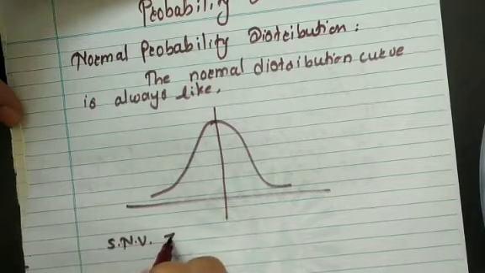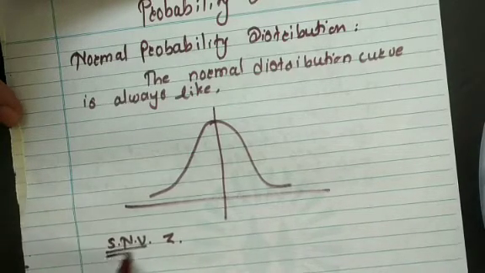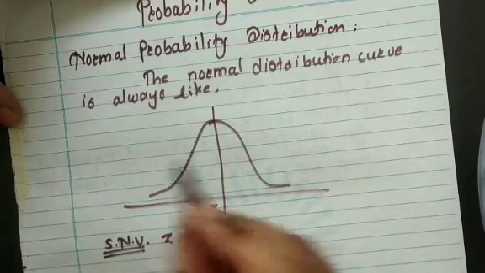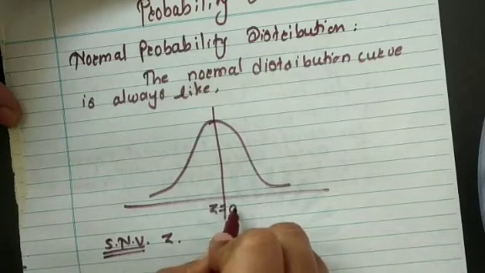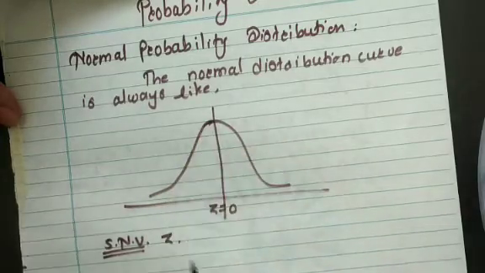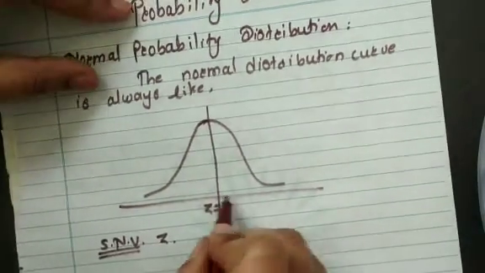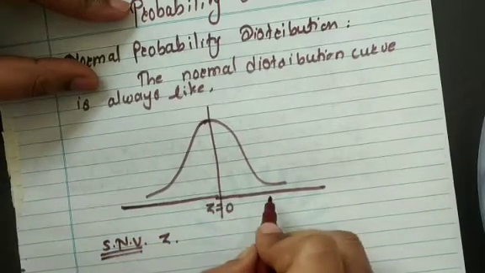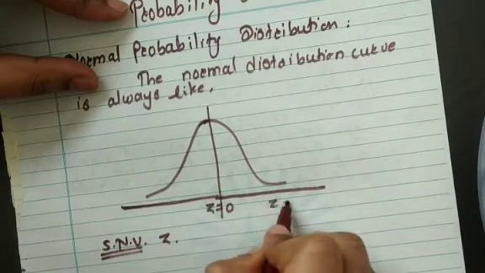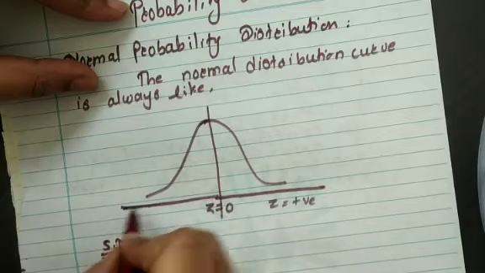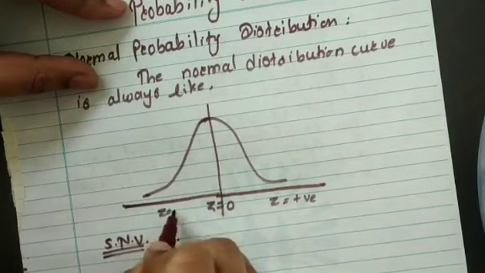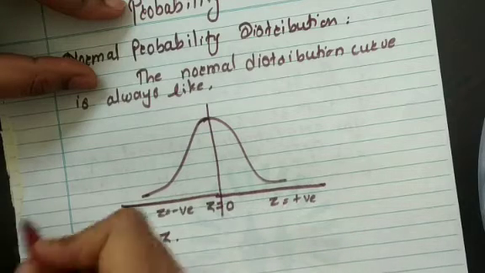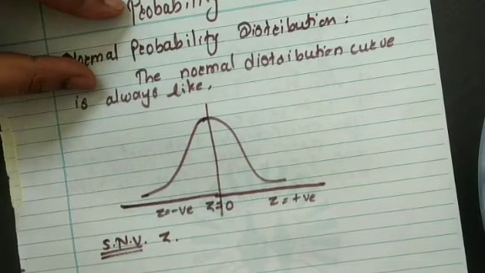and we'll denote it by z. A standard normal variable z we need. So if we draw the curve, if z is 0, it will have the maximum probability. On the right hand side, z is positive, and on the left hand side z is negative. If z is positive, we'll plot on the right hand side, and if it is negative, it will be on the left